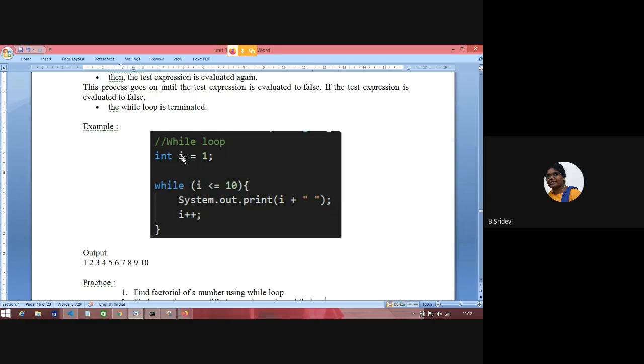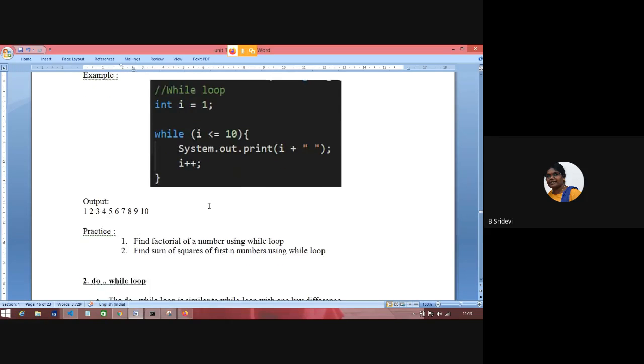Okay. So in a while loop we have initialization, condition checking, and updation. Initialization of a loop variable, condition checking of a loop variable, and incrementing or decrementing based on the problem you are solving: i plus plus, i minus minus, i plus equal to 2. These three are important parts of any loop: initialization, condition, and increment or decrement.